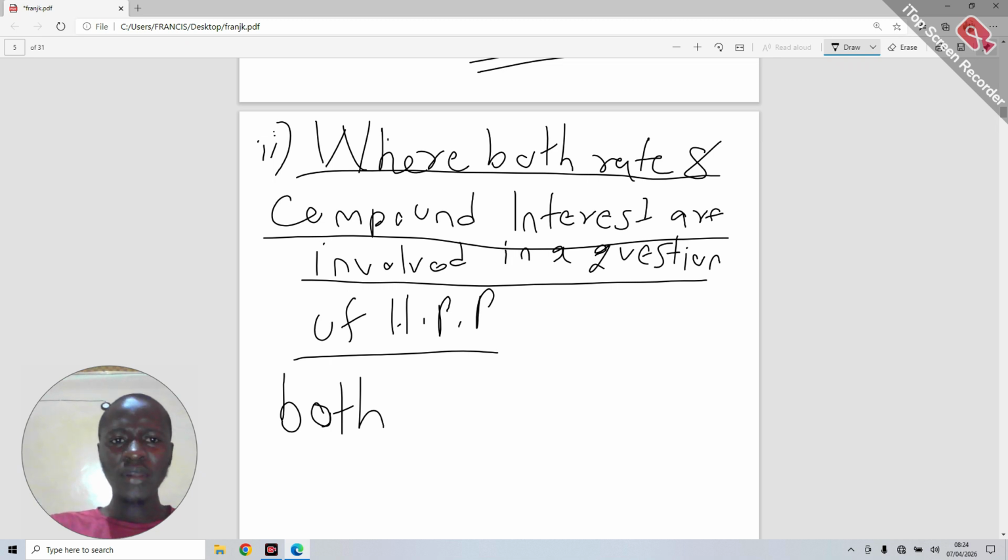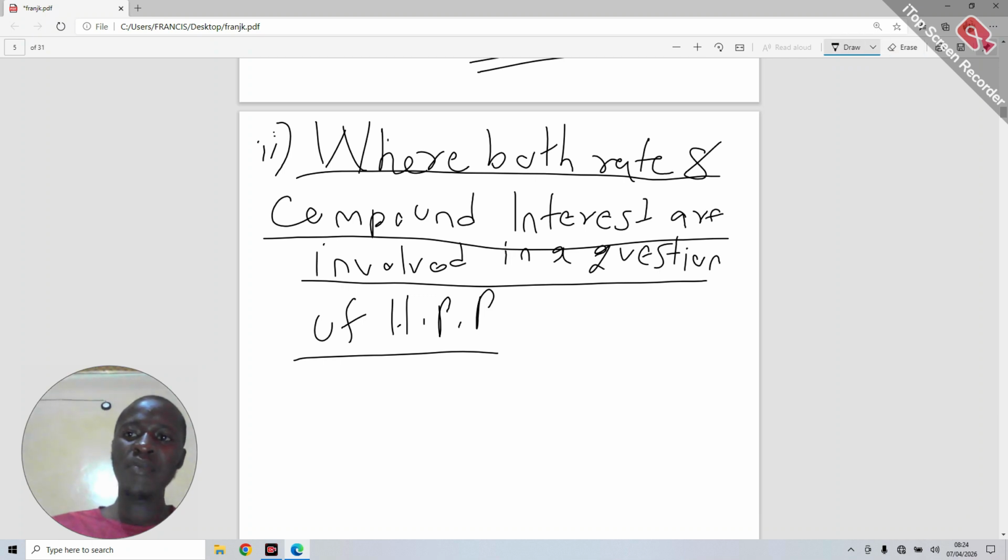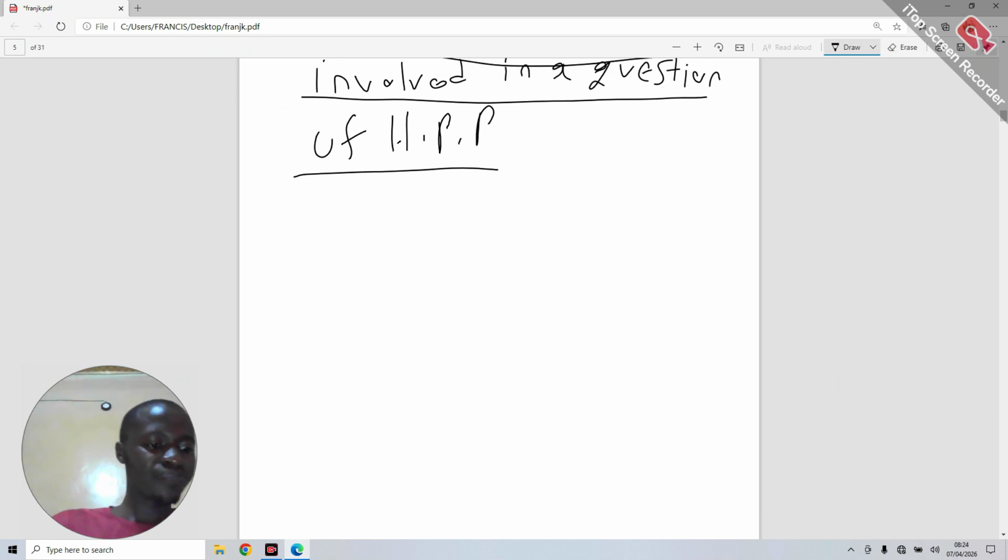We talked of both rate and compound interest. Now, usually both rate and compound interest are tested a lot, but mostly rate will always be asked in this type of question. So this part is connected to concept number 1, which